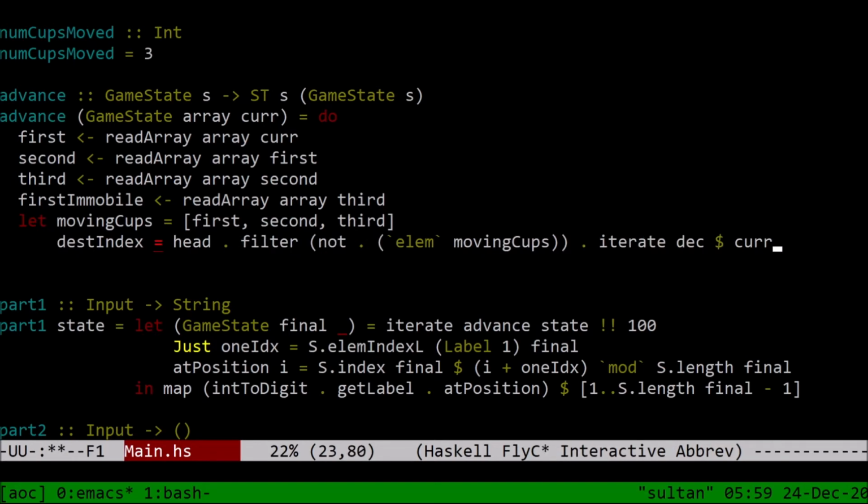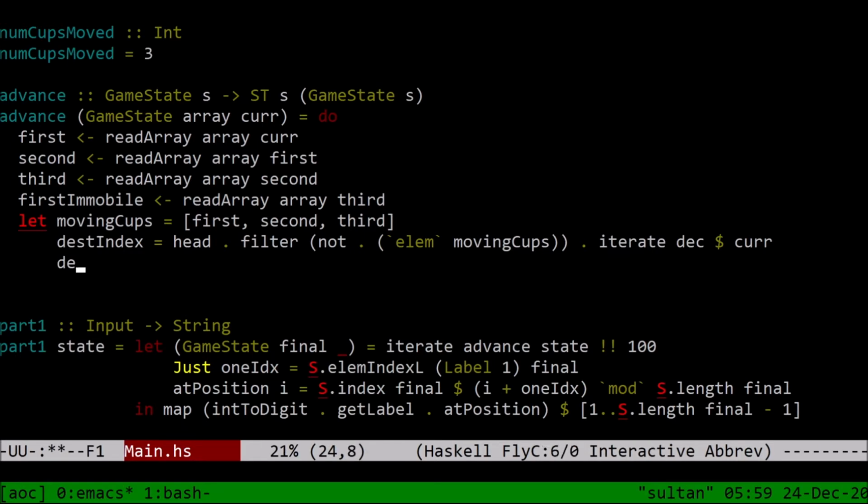Indent that, please. And dec of i equals, I need to be careful to deal with 0 again, but actually I think I will just say it's i minus 1